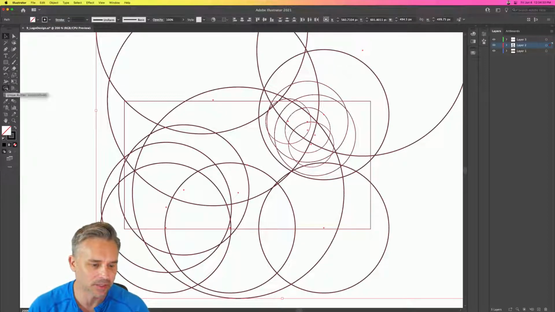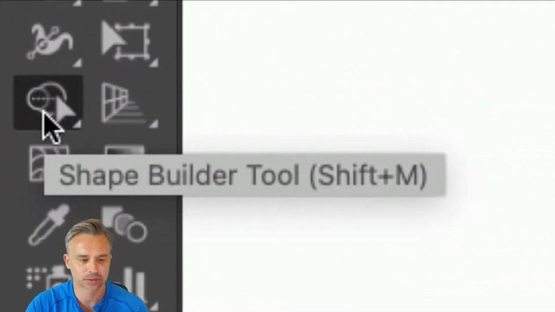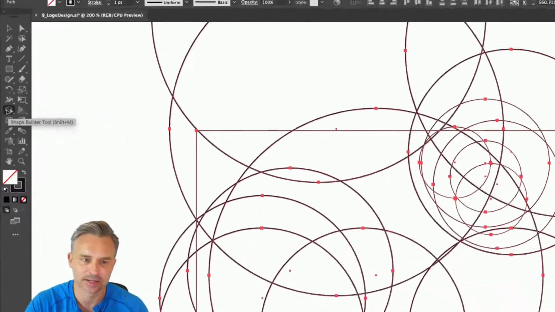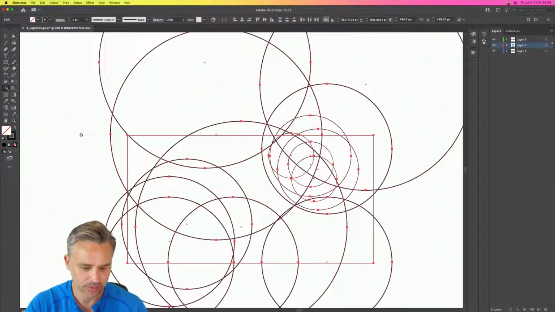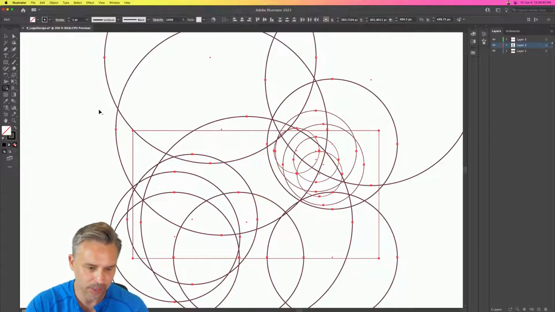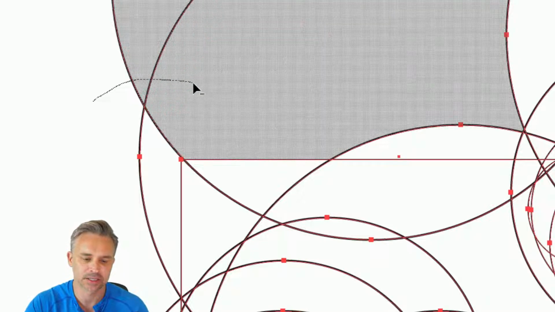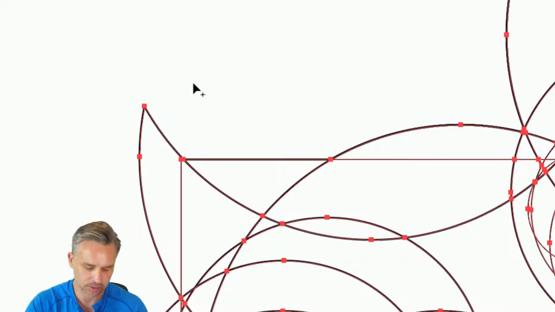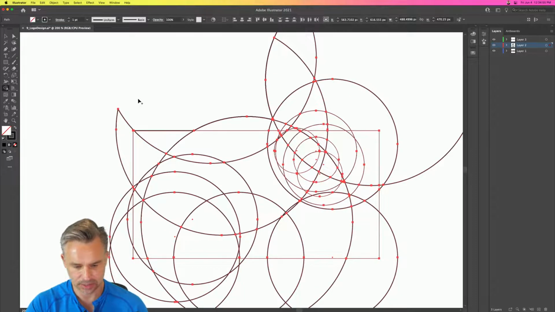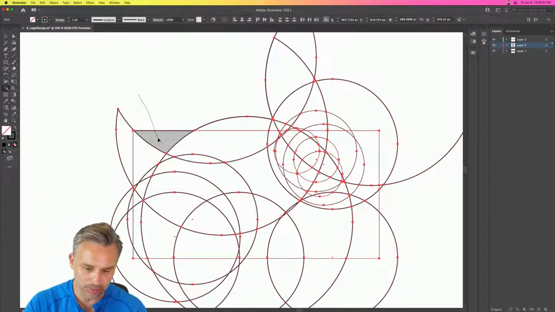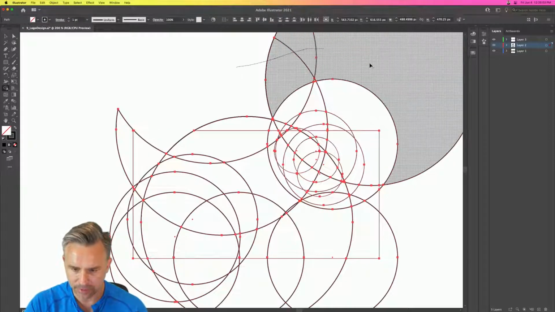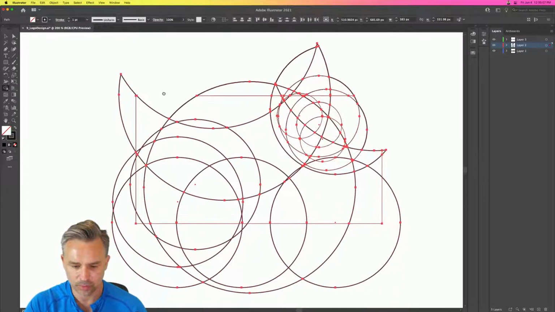And I want you to do this as well. Here's the shape builder off to the side. Shape builder tool allows us to combine, add, and subtract objects, right? So we could subtract by holding down the option key, so we could option key, click and drag. It's going to remove, say, those two shapes in this drawing. And what's cool about this is you could make a number of animals. As I start to look at this, there's so many different things we can make, but we'll start removing